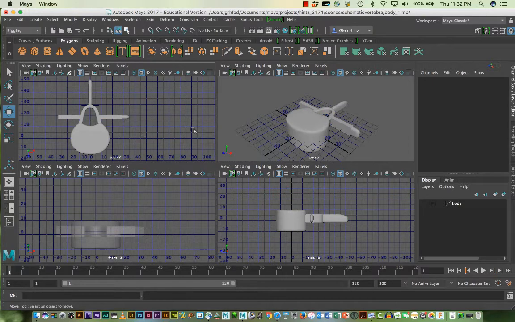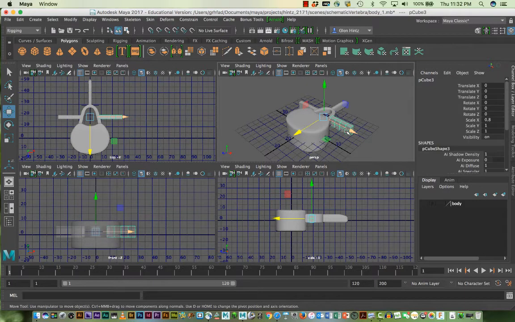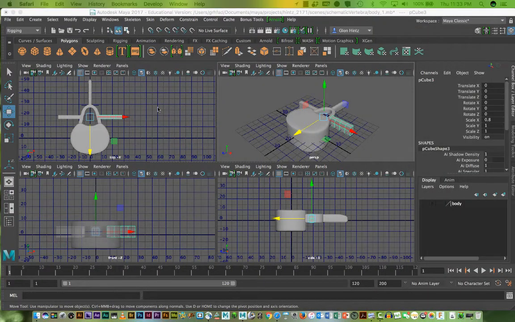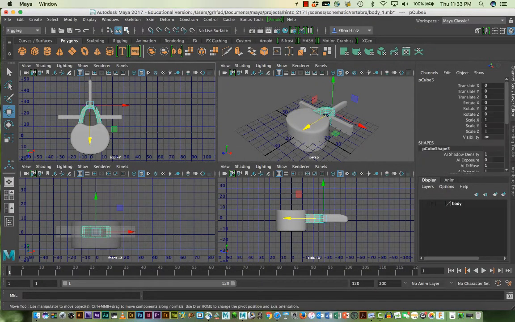And then I can use the same technique we've done for a number of these things to build the superior and inferior articular processes. So I just need to take one of these, either the transverse one, or I can take the spinous process, whatever, or I can make a brand new cube if I wanted to. And you know how to do this now. So you can then make that last piece using those techniques. Okay. So just to review real quick, we took the